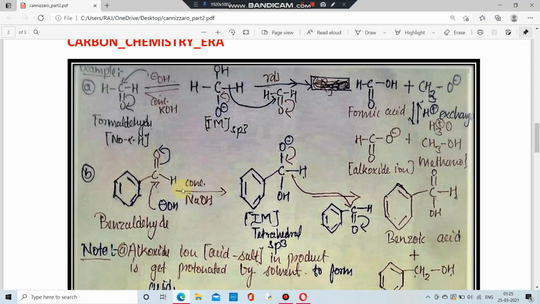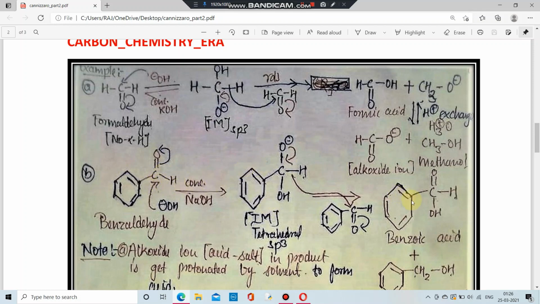Now, another example, it is a benzaldehyde. So what are we going to get? We are going to get two molecules. One is an acid and another is a primary alcohol. So look, this is a benzene. All the carbons of benzene are sp2 hybridized. So in the products there will be change at this functional group only. So one aldehyde is going to change to an acid, and another aldehyde to a primary alcohol.